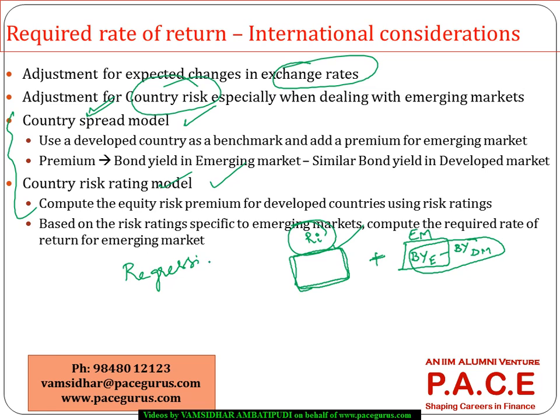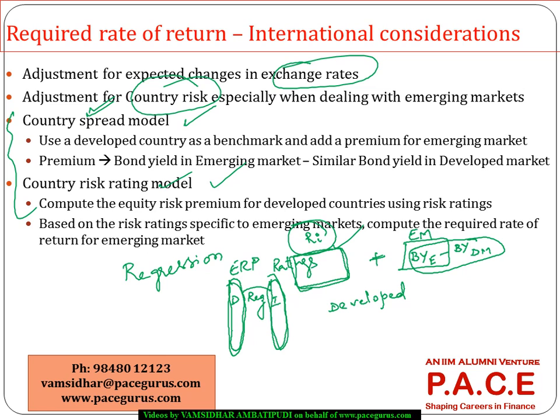What this says is, you take the equity risk premium of the various countries and their corresponding risk ratings, especially for the developed countries. You take the equity risk premium and their corresponding rating. Let this be the dependent variable, let this be the independent variable. Based on this, find out a regression equation. Now, use this regression equation